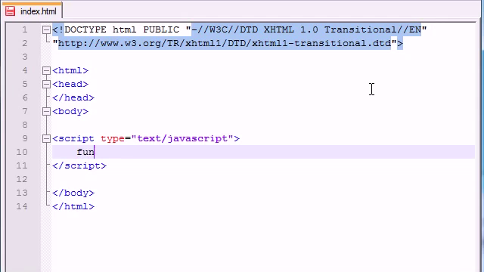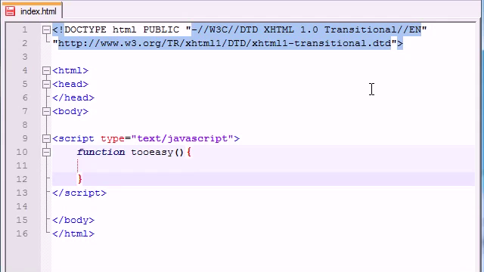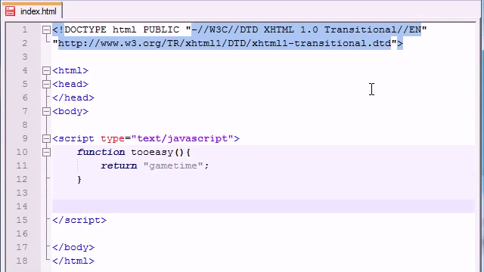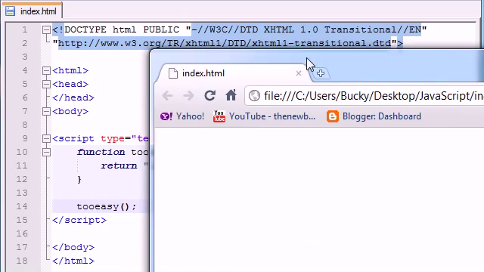So let's go ahead and name this function tooEasy, because this is going to be extremely easy, not even going to take any parameters. And let's go ahead and just return any value. Let's return just some text, game time. So now whenever we call this function tooEasy and try to run it, nothing happens, because by default, as